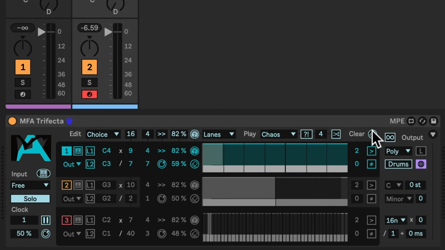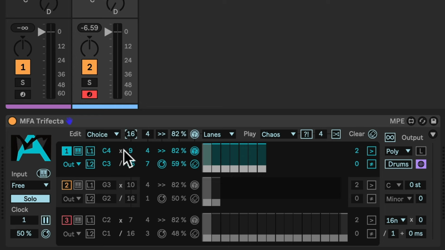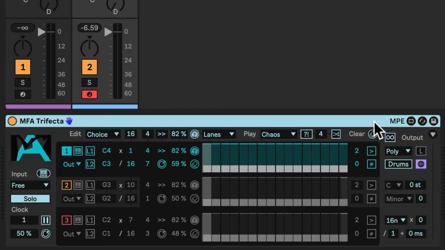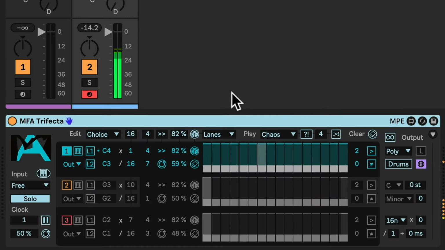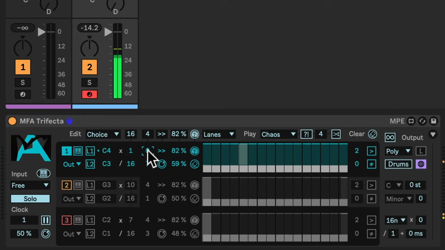I'm just going to reset everything and set it to the default length of 16. And actually, I'll reset again now that we're at 16 steps. So we're going to hear 16 steps of C4, but it's only looping 7, and it's going to repeat that every 4 bars. So let me reset those. So you can see that this is only looping those 7 steps. I'll just double click this to set it to